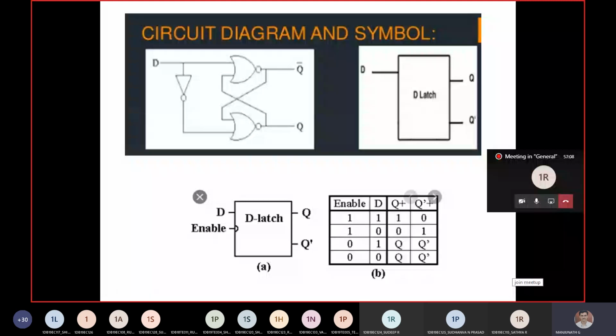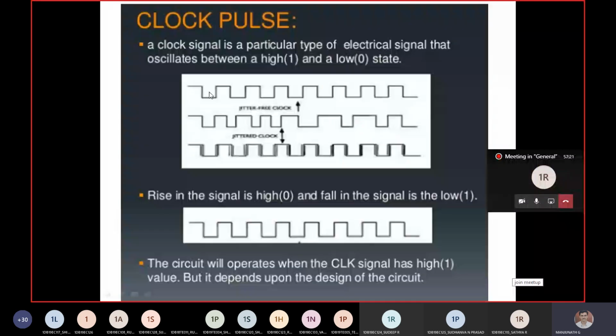Okay. So last part, we will try to do clock pulses and then wind up the class today. So you can see the different clock pulses represented here. What is the meaning of one full cycle in this pulse train? They are given as pulse trains, like pulses, as you can see here.